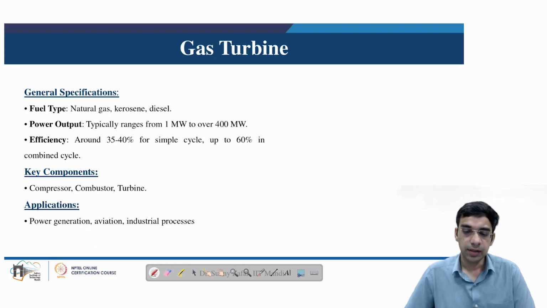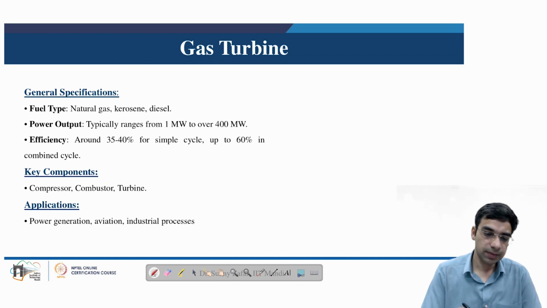So we start with the gas turbines. We have already discussed that gas turbines are one of the popular sources of energy generation which utilize natural gas or some other source of fuel to produce hot gases, and then these hot gases are used as the working fluid. When these gases interact with the blades of the turbine, they cause rotation of the blade, and then this rotational work is used to generate electrical power when connected to a generator.